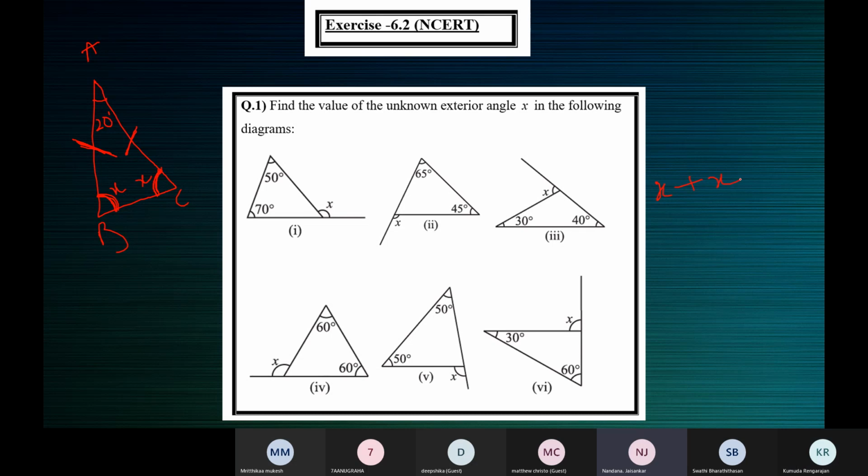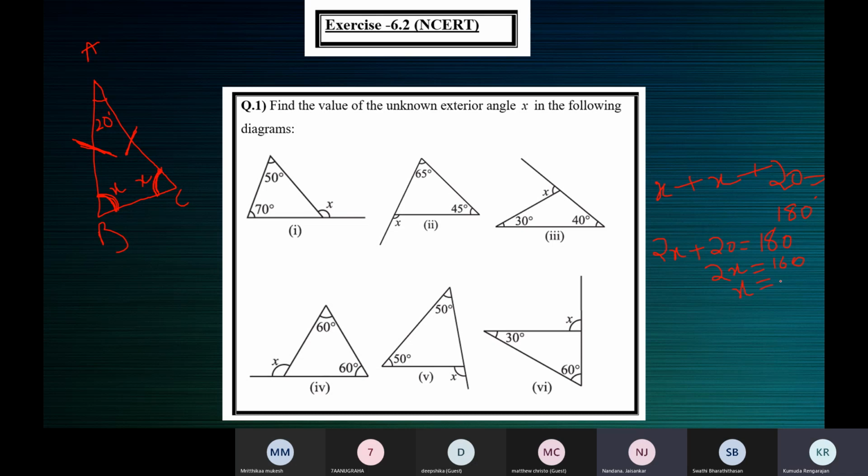The sum of the three angles is equal to 180 degrees, ma'am. So we can say 20 plus 2x, ma'am. To get rid of 20 from 2x, we should move it to the right hand side, ma'am. So 180 minus 120, sorry, ma'am, 180 minus 20 is 160, ma'am. Divided by 2, ma'am, we get 80 degrees. So x is equal to 80 degrees.